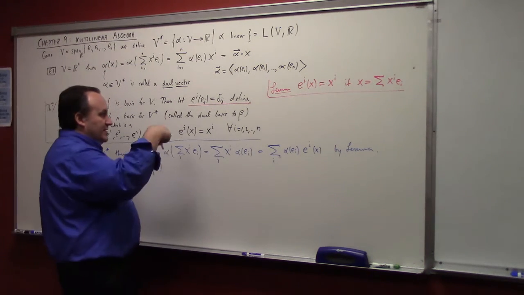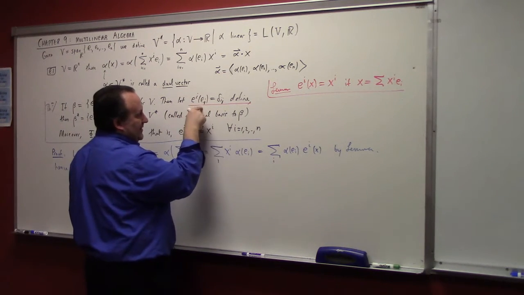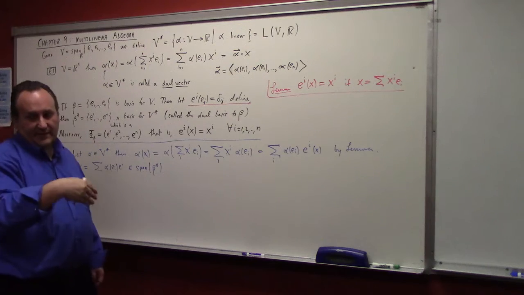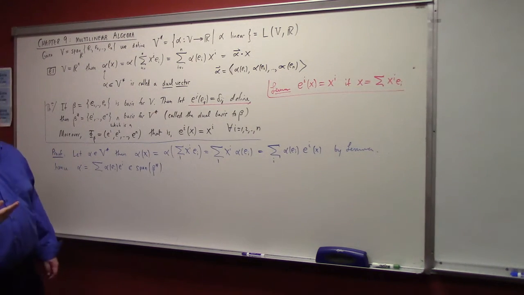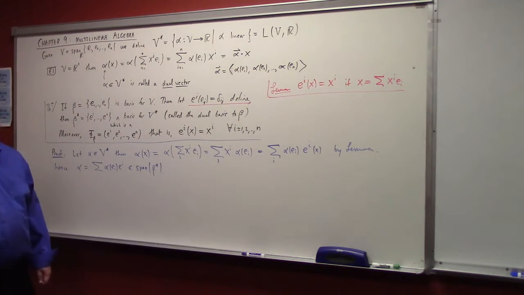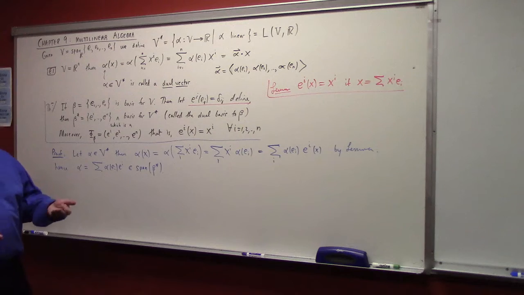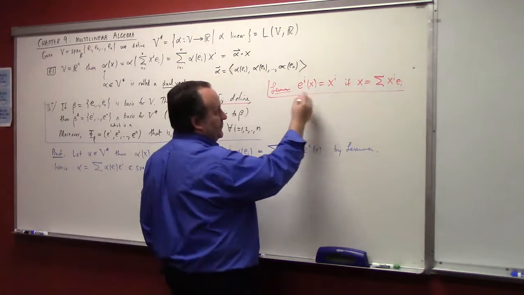So it should be clear, since I've defined the values of e upper i on the basis e lower j, that defines a linear map. So the linearity of the dual basis is by extension. It's essentially for free. I can define the values on the basis and extend linearly, so I do. That being said, the proof of the lemma